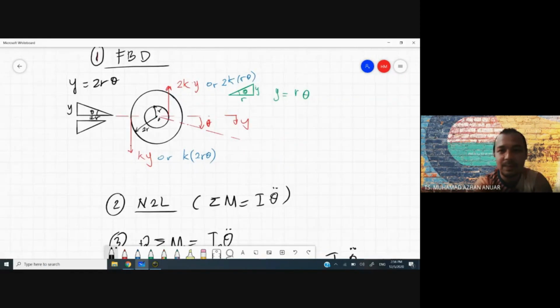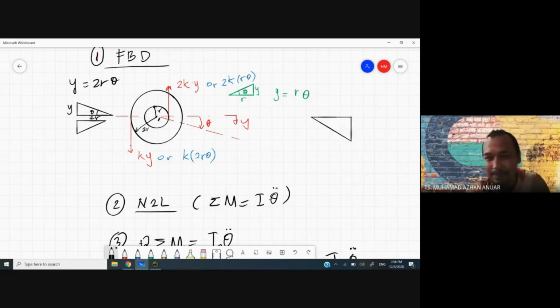Alright. Tapi untuk spring yang satu lagi kat sini, dia memanjang ke bawah. Spring satu lagi, dia akan memanjang macam ni. Spring kat sini tengah ni, dia akan memanjang ke bawah macam tu. Okay. So, yang ini dia akan memanjang ke bawah. Saya pakai warna hijau dengan Y. Spring yang 2K. So, kat sini panjang dia R, bukan 2R.